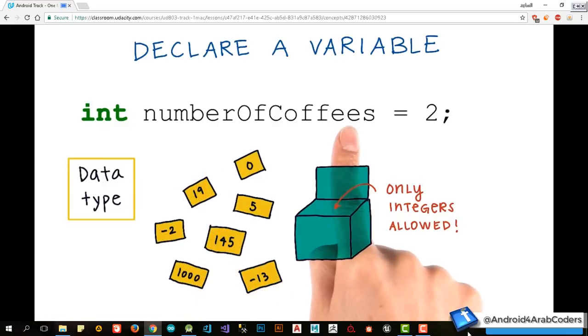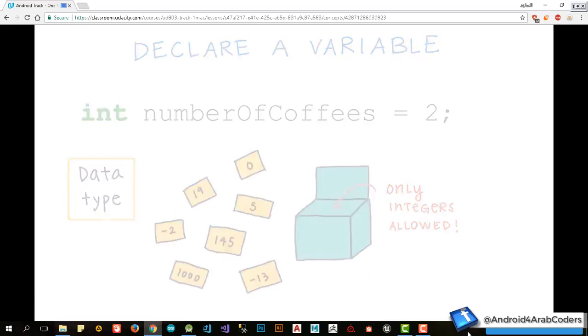The number of coffees ordered should only be a whole number, like 1, 2, 4, etc. We don't want the customer to order 1.5 cups of coffee. If they want more than 1 cup, they're going to have to buy 2. Then they can give the remaining half to a friend or something. As for negative numbers, it doesn't make as much sense in our case. But there's no data type in Java that only allows positive numbers. So later in the next lesson, we're going to learn how to add code that prevents negative numbers from going